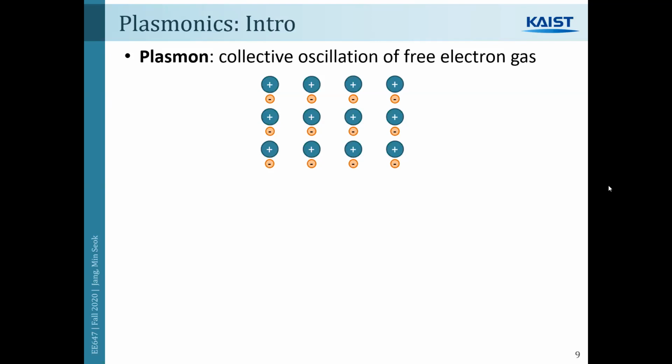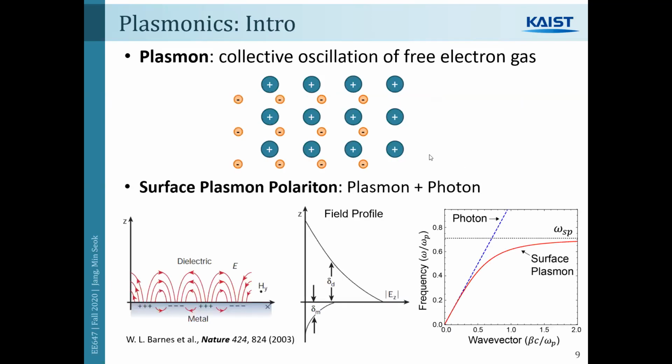Because of these free electrons, if you apply an electric field so that the nuclei of the metal and the free electron cloud of the metal are displaced against each other, then they start to attract each other. And because of this attractive force,